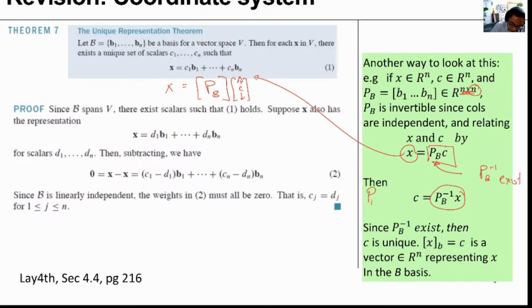This is PB minus 1 times PB, which we get rid of because it is the identity, showing that the coordinate vector c is PB minus 1 times x. Since PB minus 1 exists, c is unique because this is nothing but a matrix multiplying a vector, and a unique representation will come out of this because PB minus 1 is in